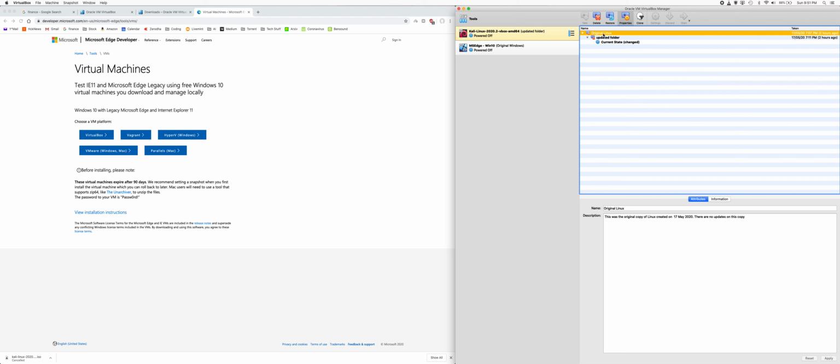So if I want to go to my original file of Linux, I have already created a snapshot. I go here, this is 2 hours ago, and then you can come back, you can go forward, you can go back. Same is the case with Windows. You can create current state, you can have the original state. I can add one more here, and that will be the current state.